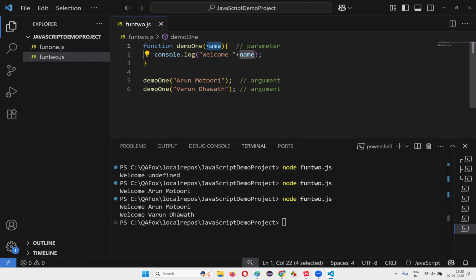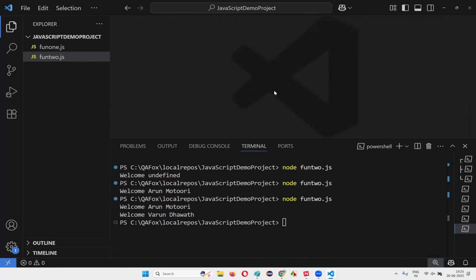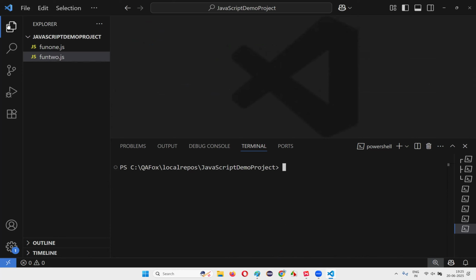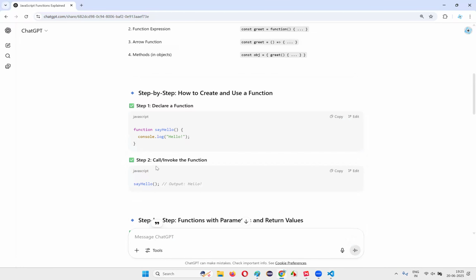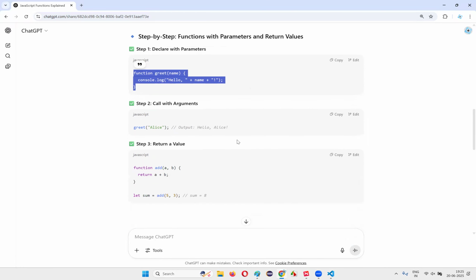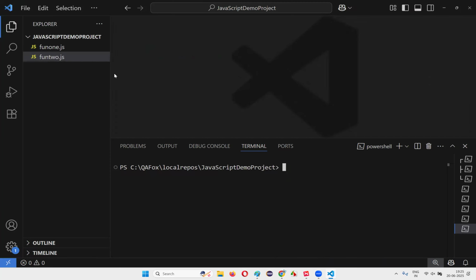But here, how many parameters are there? In this parameterized function, only one parameter is there. Is it that only one parameter should be there in functions? No, we can have any number of parameters, guys. So I'll explain one more example here, which has multiple parameters. Here only one parameter I have explained, but you can have any number of parameters, guys. So let me create a function which has multiple parameters,